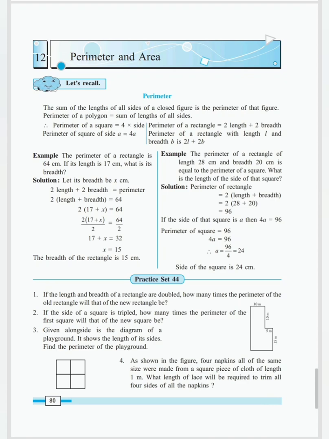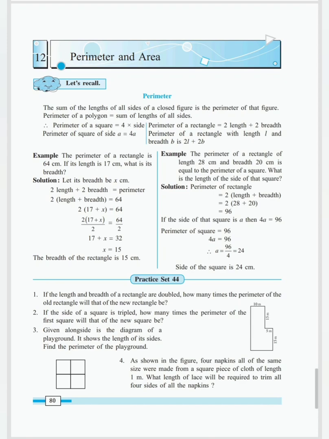And what is area? Area means to find the measurement of the given closed figure internally. That means to find the measurement of the given surface which is covered inside the closed figure. That is the area. Perimeter and area are completely different from each other. They have their unique formulas.